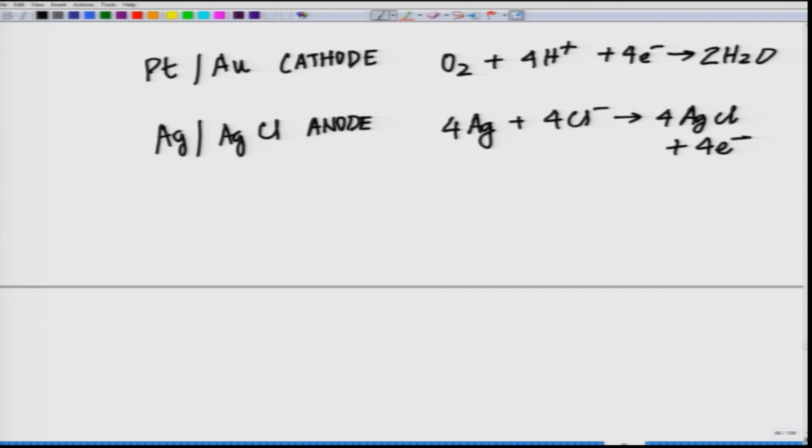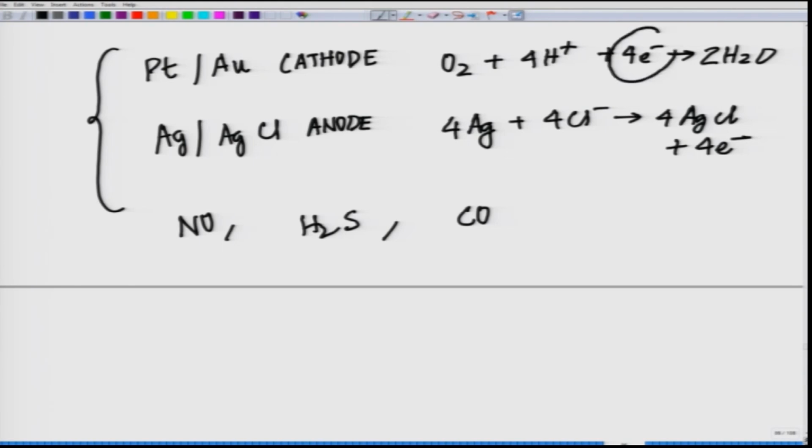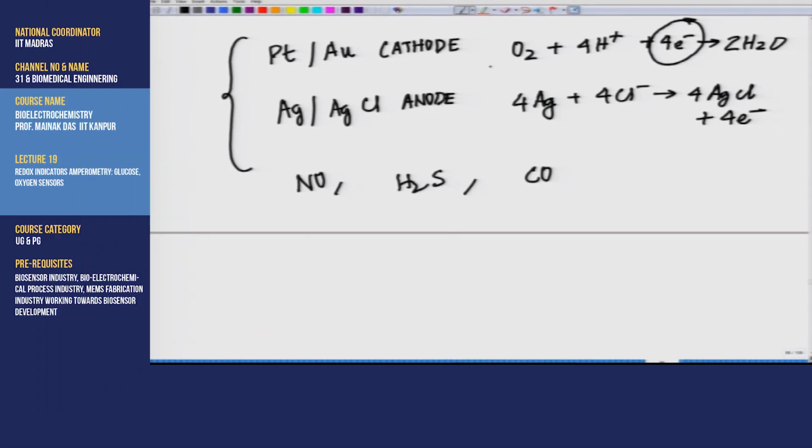Similar electrodes have been formulated for detection of NO, which is another biological component, hydrogen sulfide and carbon monoxide. So what it is essentially doing is, we are measuring the current using the amperometric technique, by virtue of which one can figure out the concentration of oxygen which is dissolved in the analyte. At the cathode, if this oxygen concentration goes up, automatically your current is going to go up. So this is the fundamental basis of where we are doing current measurement instead of